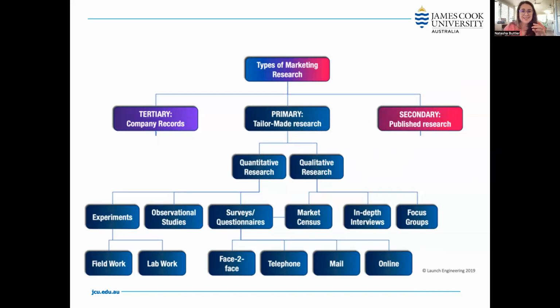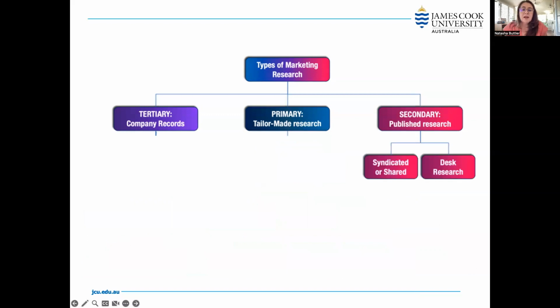It's collected to address a specific problem that can't be answered by secondary data alone. And it's gathered by observing phenomena or surveying people of interest. Finally, we have secondary data or secondary research. And this is research that's already been created before. It's been created for some other purpose, but we are able to access that information or that research for our